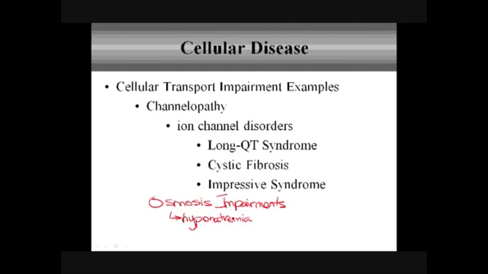Channelopathies are another type of cellular disease. This is really about the ion channel disorders. You guys should be pretty well versed in this after the project that you had to work on. So some examples: long QT syndrome, cystic fibrosis, Brugada syndrome. Long QT syndrome is actually about